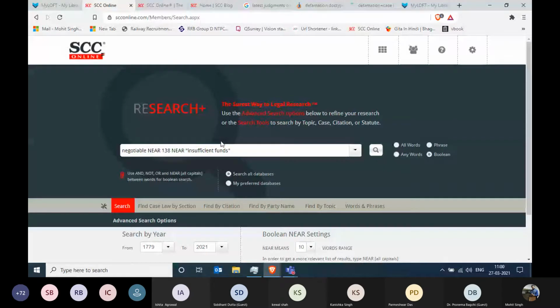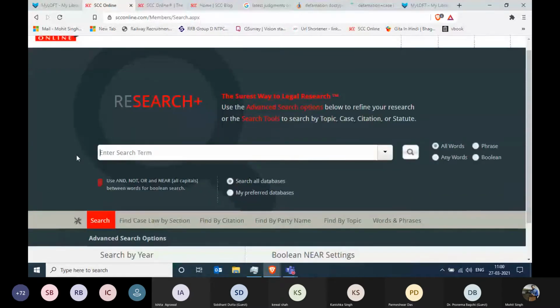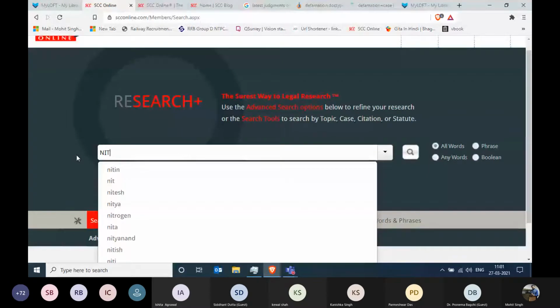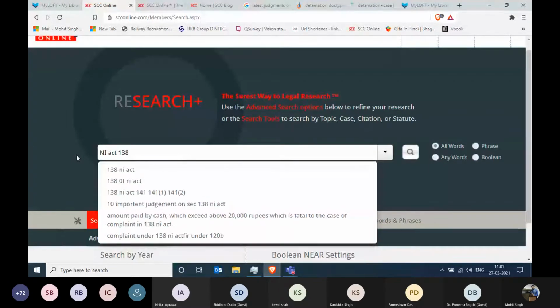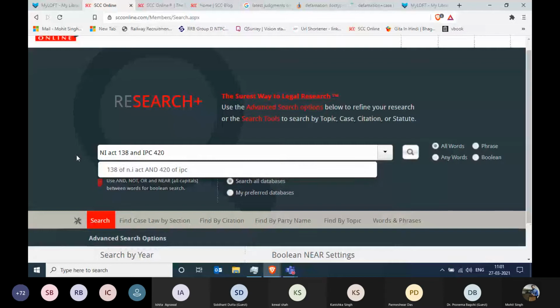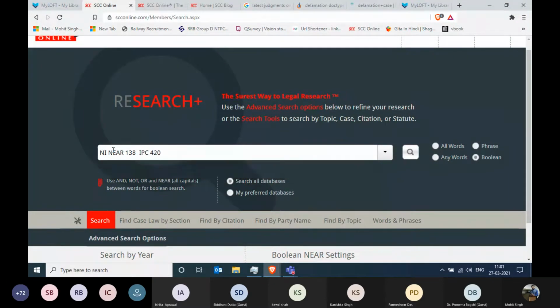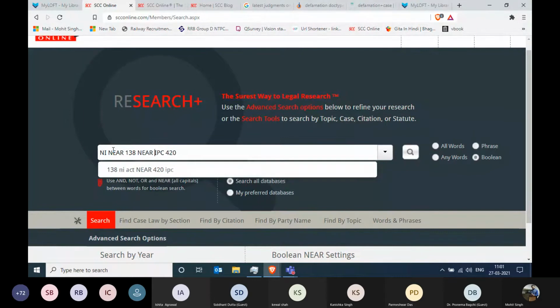If you're looking for NI Act 138 and IPC 420 in the same judgment, how can you do that? Most of you already know the answer. You type NI near 138 and remove and, near IPC near 420.